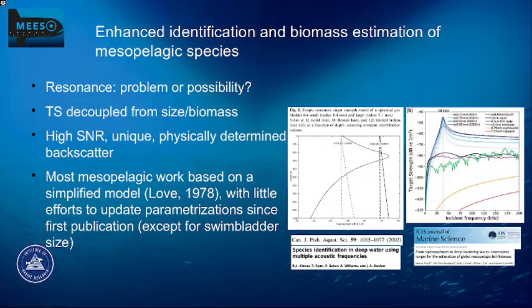Anyway, while resonance effects may be a nuisance in converting integrated backscatter to abundance or biomass, it also presents some possibilities. Since it is so important, the phenomenon has received a lot of focus up through the years, though in the case of resonance of mesopelagic fishes, a lot of the parameterizations currently in use are quite dated. In our case, the nice thing is that resonance presents a scattering phenomenon that we have a physical model for. This means we can combine measurements and models to derive knowledge about the properties of the organisms,